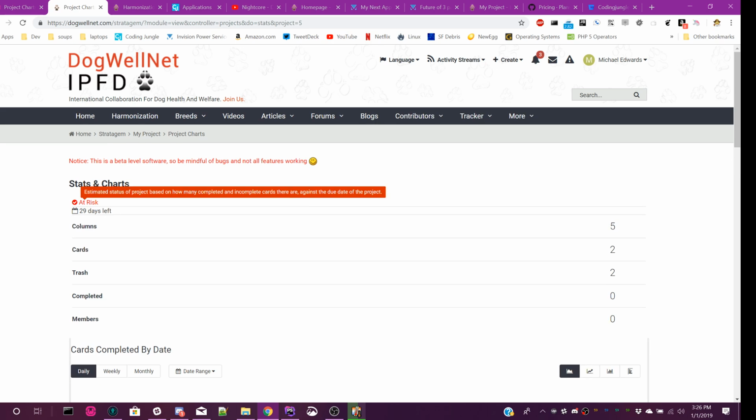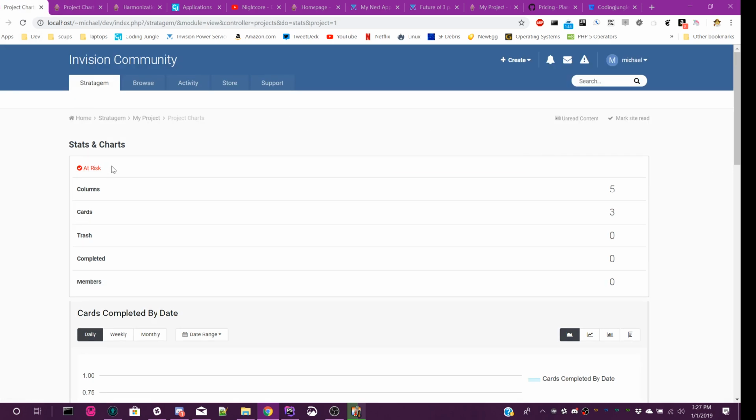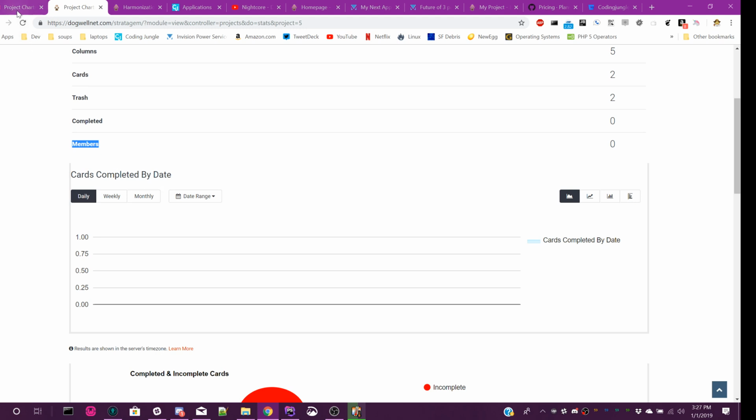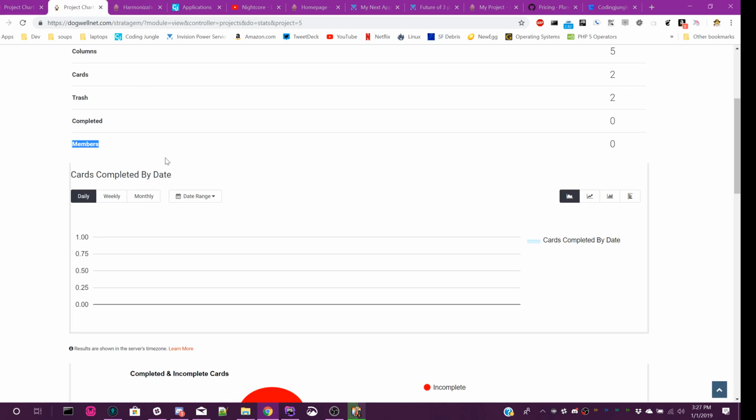The other thing is charts. Ignore this at-risk thing. This thing's broken. It's supposed to calculate better, but it doesn't. It'll tell you the due date, how many columns you have, how many cards in total there are, how many cards are in trash, how many are completed. This is broken too, so I'll probably be removing that in the future. I think Robert's messed with the padding. I think I said this in the other video, because there's supposed to be padding and borders. There's no padding, no borders here. Look, I got this nice little padding over here, and you have to talk with him, stop removing the padding from default classes. But anyway,